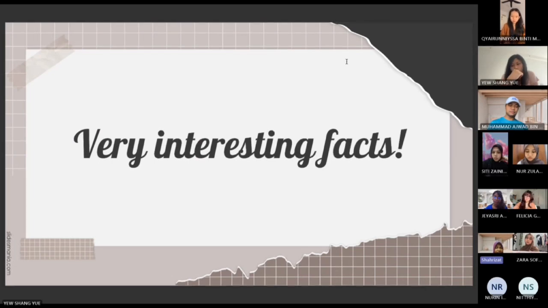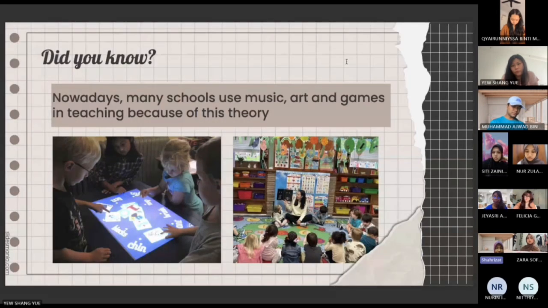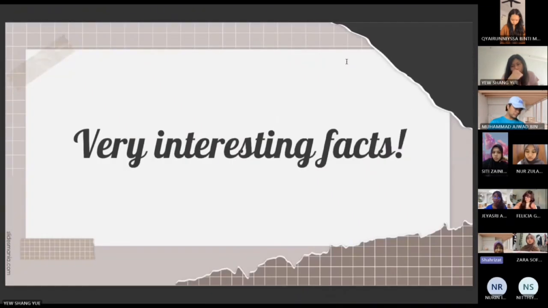Okay, so I would also like to share some interesting facts about these intelligences. People with strong linguistic intelligence are usually great at writing, speaking, or learning languages. Individuals who have strong musical intelligence might also be good at recognizing patterns, which helps in subjects like maths. And as for spatial intelligence, individuals who have this are usually good at puzzles, drawing, or reading maps. So that is all from me, and I will be passing the presentation on to my friend Jayasri.